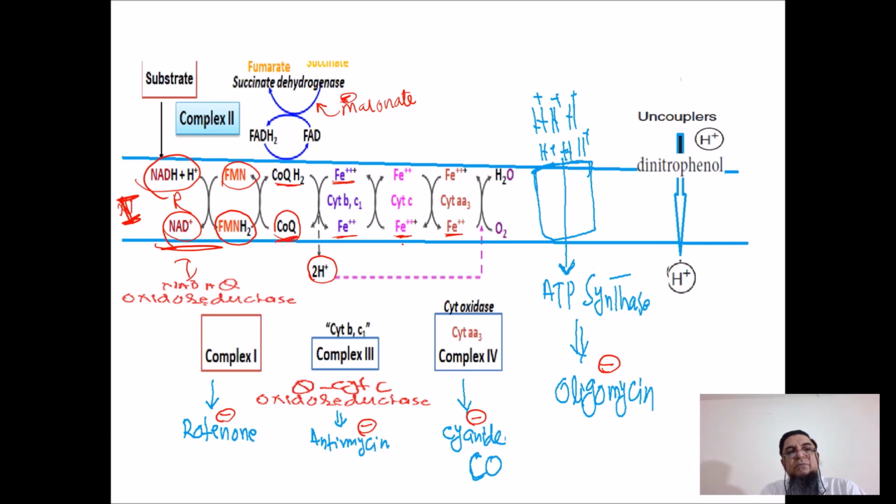And then coenzyme QH2 with cytochrome B and C1, the hydrogen will go into the matrix and the electron will move from ferric to ferrous. This ferrous will give 2 electrons to the ferric component of cytochrome C, which will be converted into the ferrous form. Then it will give electrons to cytochrome A iron, converting it into the ferrous form. Last but not least, the electron will go to oxygen, and protons will come from the matrix and make a water molecule.